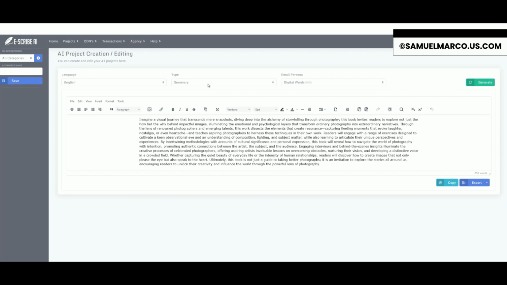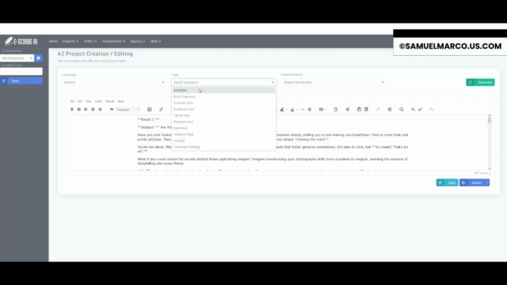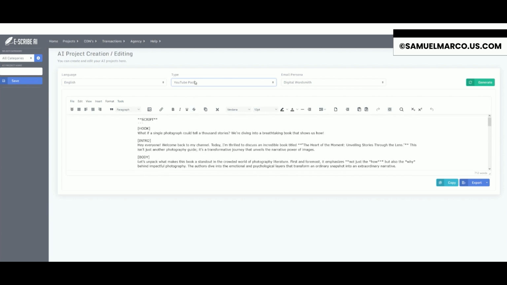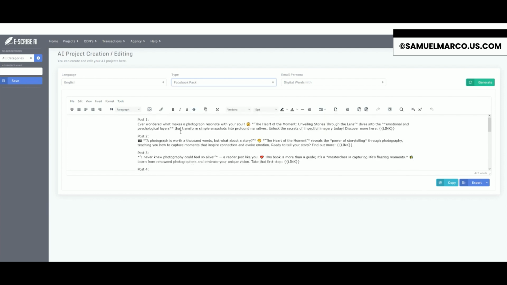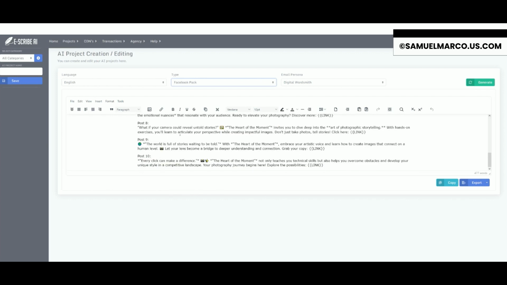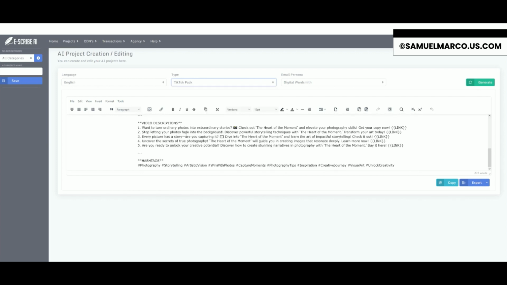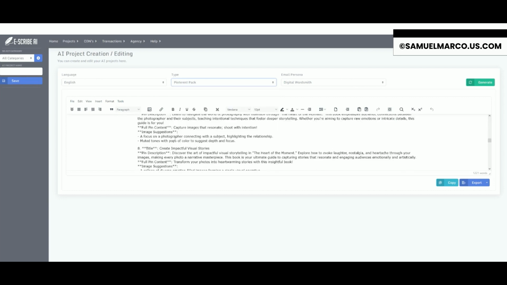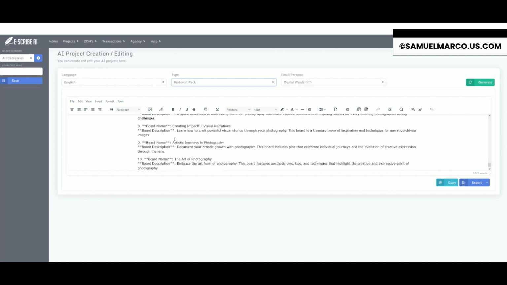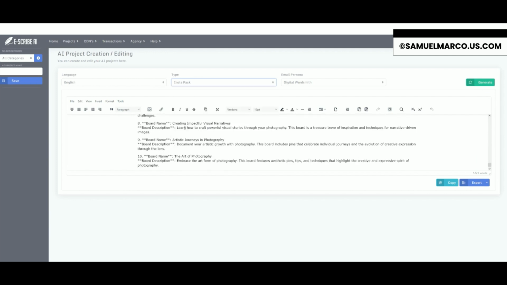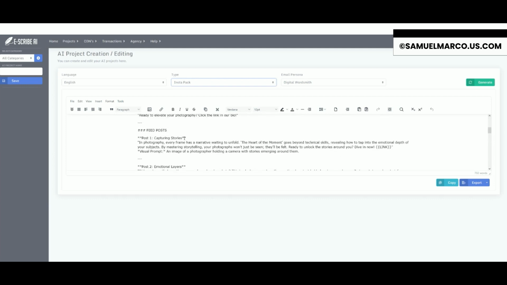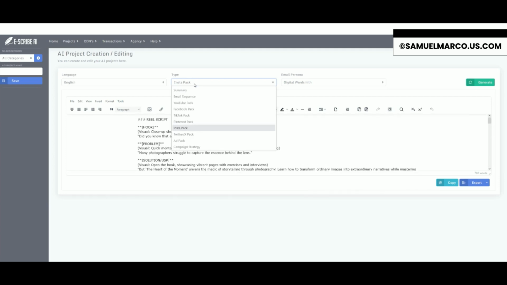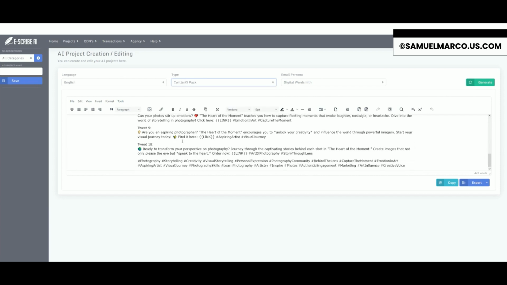Okay, I've now generated them all, and if we go through, we can see the email sequence, a YouTube pack with a YouTube script, a Facebook pack with a series of posts for Facebook, a TikTok pack with a short video description, hashtag and script in TikTok format, a Pinterest pack with ideas for pins, hashtags, and board ideas for Pinterest, an Instagram pack with posts and feed posts and a script for a reel, a Twitter pack with lots of tweets on there, and of course hashtags, appropriate for the book,